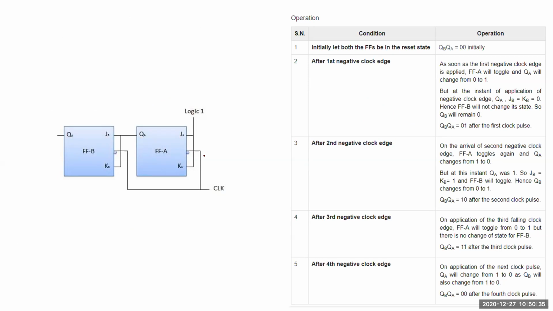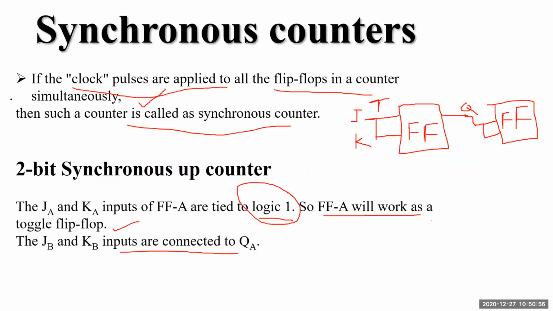But you can see the difference between the previous one and this particular kind of flip flop. In the previous one, only one clock was there, and the second flip flop's clock used to get triggered from the output of the previous flip flop. This used to become a clock input. But in this kind of flip flop, you can see here now, this is called a synchronous flip flop.